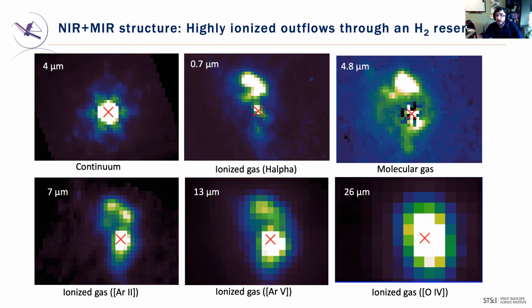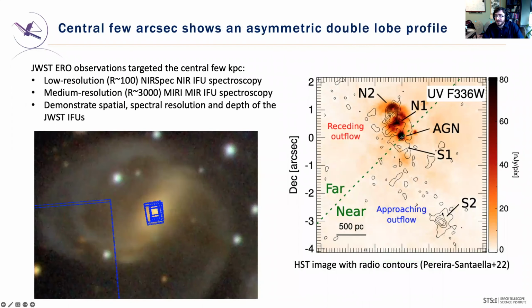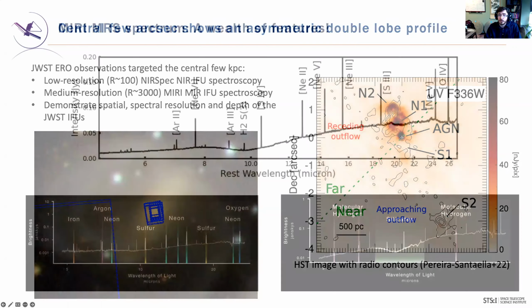There was something else that was in the original data that I was showing you. If I step back a couple slides, remember that there was the second knot down here, the southern knot. We picked that up in the Webb data as well, but only at the very longest wavelengths. Because the Webb IFUs have a footprint that gets bigger as the wavelength increases, the short wavelengths only cover this central region in here. The longer wavelengths pick up that southern feature as well.